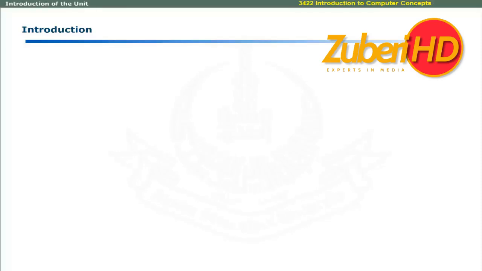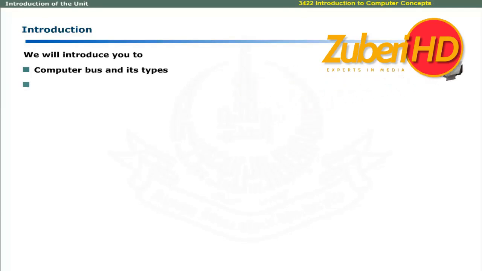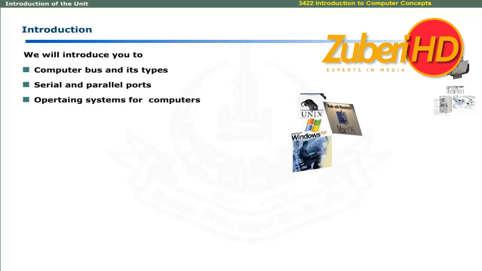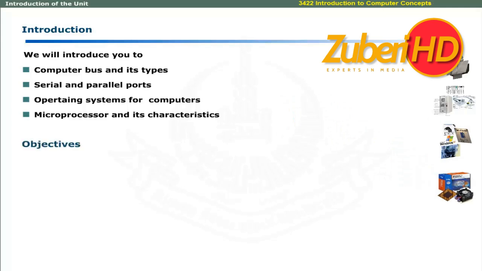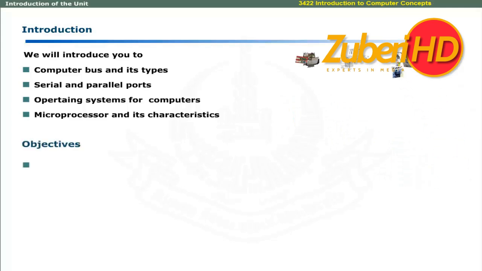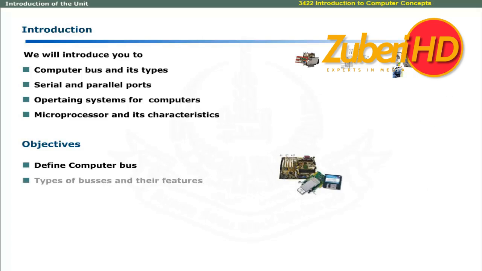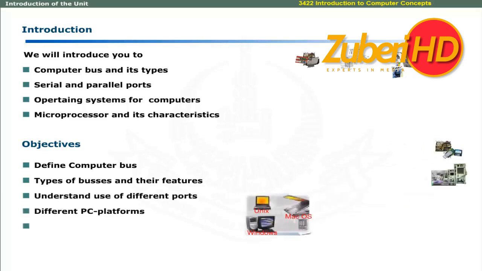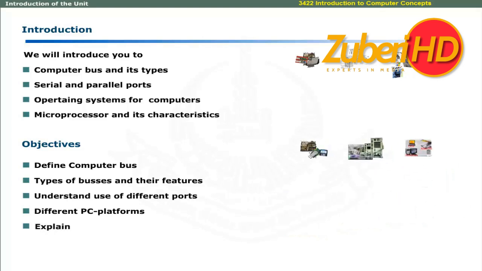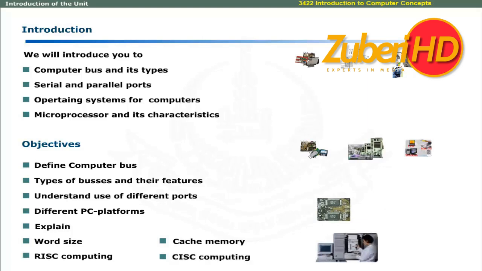Dear learners, in this unit we will introduce you to computer bus and its types, serial and parallel ports, operating systems for personal computers, microprocessor and its characteristics. After completing this unit, you should be able to define computer bus, define different types of buses and their features, understand the use of different ports, explain different PC platforms, explain word size, cache memory, RISC computing, CISC computing and